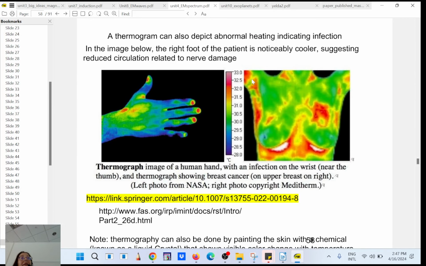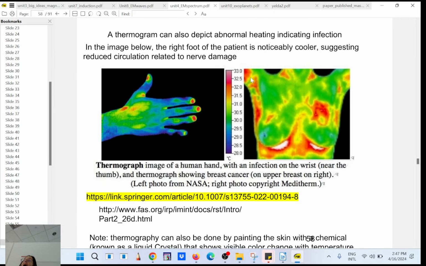Okay, another application. So infrared are heat waves. Okay, they are the size of molecules. So when molecules start to move very fast, they're gonna emit infrared. So you can use that to detect infection, or God forbid, a breast cancer. So for example, here you see this area, and of course it has to be colorized using a computer. Here you can see the tumor, and it's a very cheap way